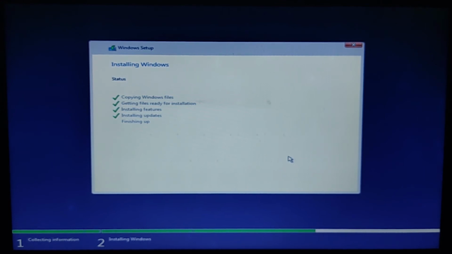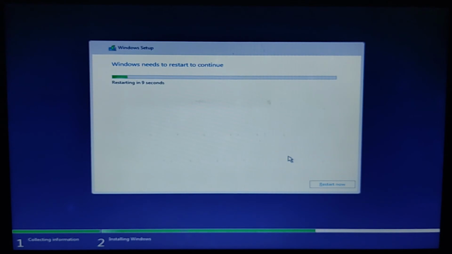Now the finishing up process is going on. Now we have to take our pen drive and eject it from the laptop.